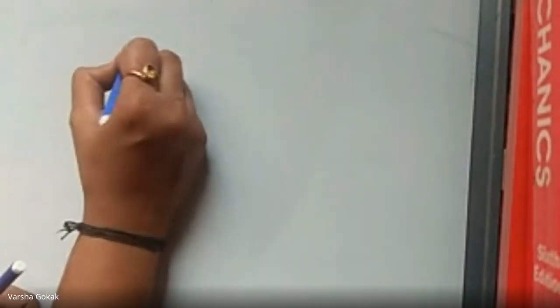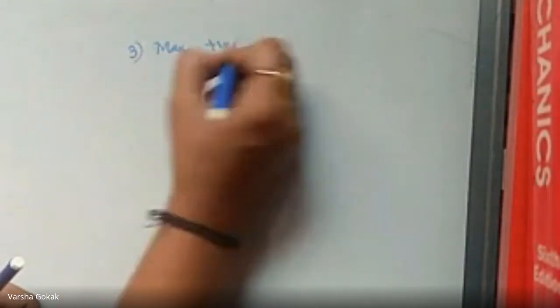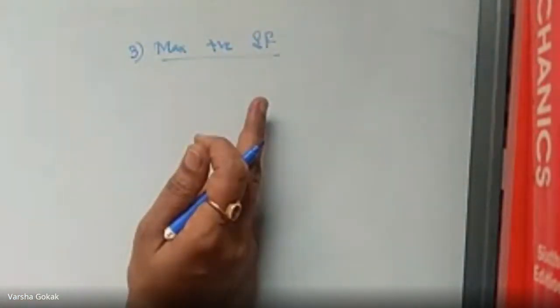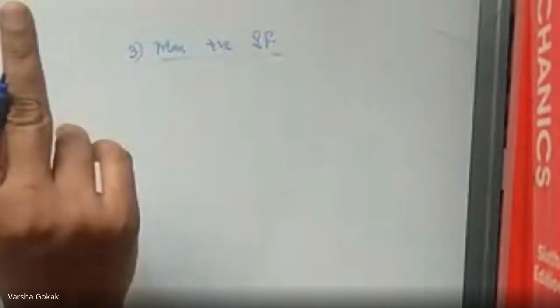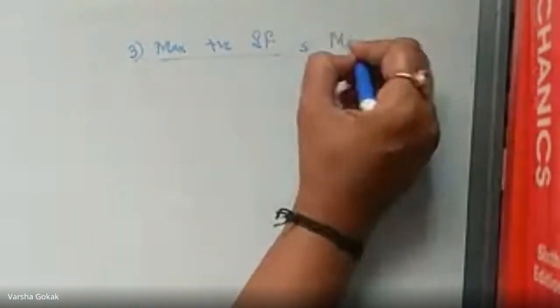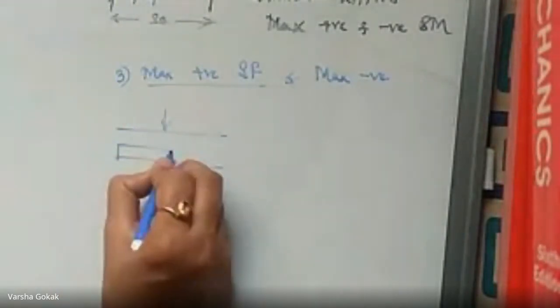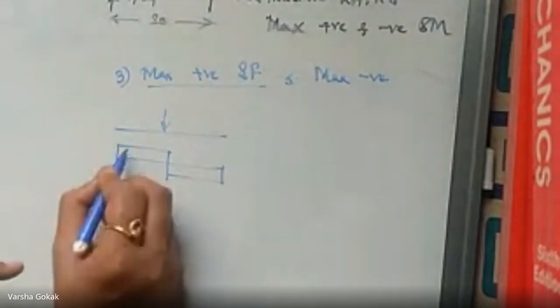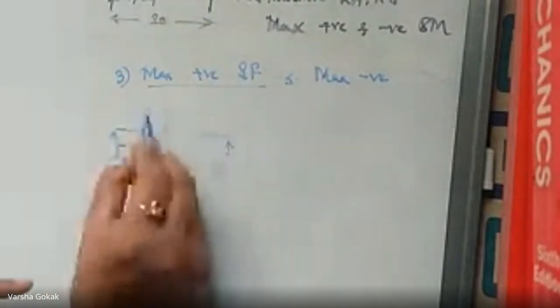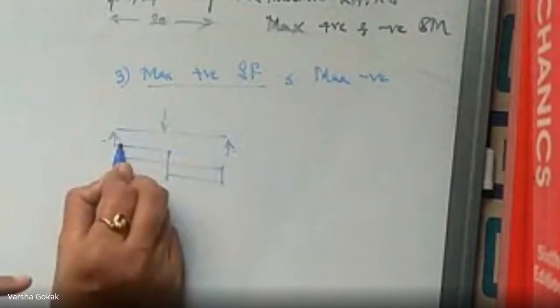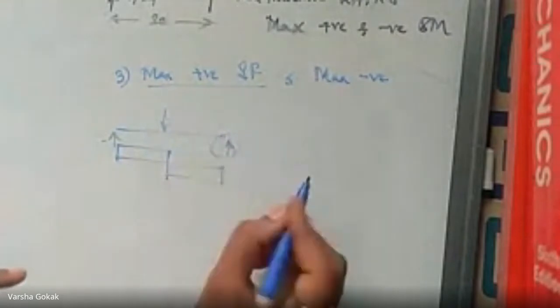Third point is the maximum positive shear force. Now I have to calculate the maximum positive shear force and maximum negative shear force. Leave everything. If you know for a point load acting here, how is the shear force diagram going to be in this pattern? Because I'll have an RA over here and an RB over here, which is load divided by 2. When I start from the left side of the beam, this is going to go into positive, and RB by default is going to go into negative.